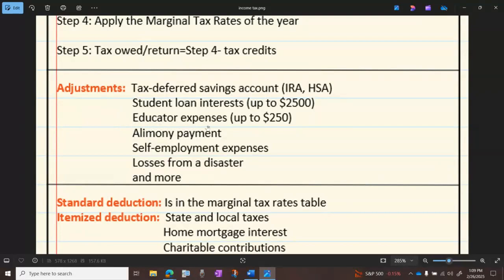Adjustment also includes the educator expenses. If you are a teacher and over the year you spend some money buying tools or books for your job, right? That money can be counted as adjustment, but there's a cap, no more than $250, not much. And